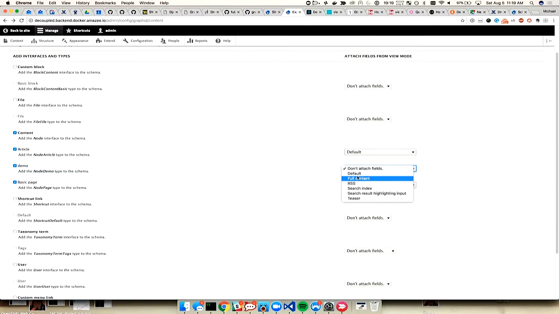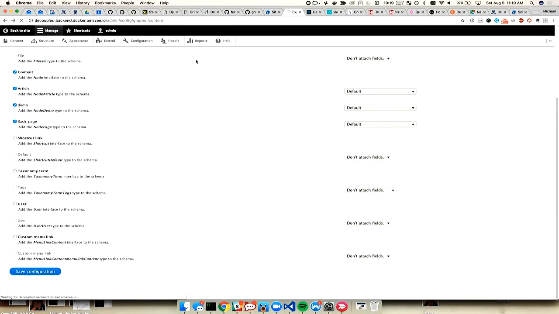Those are the view modes. These are view modes, yes. So we use the view mode system to tell which of the fields you actually want to be available in the content type. So I just select the default here, I save it, and if we go back to our Voyager,